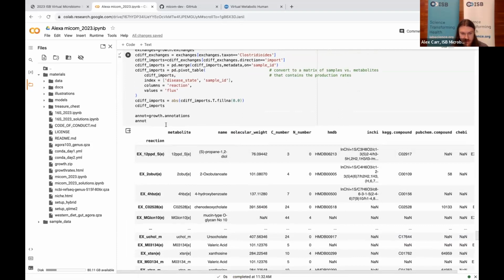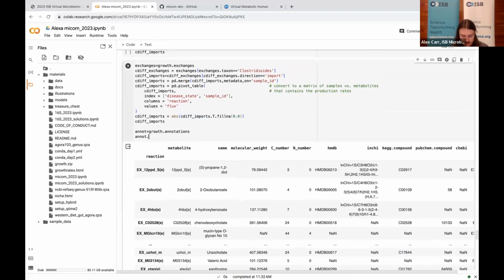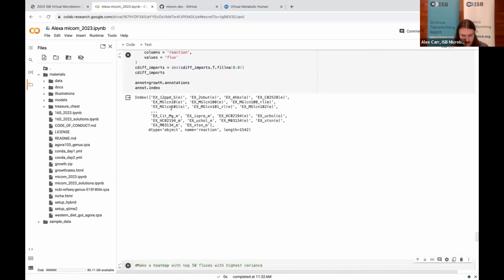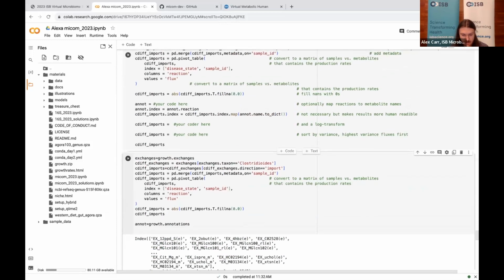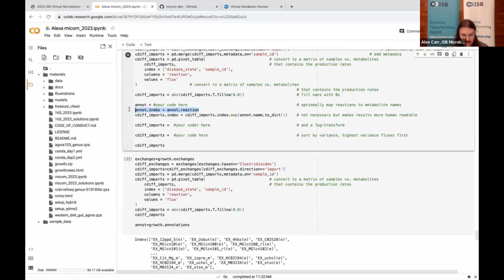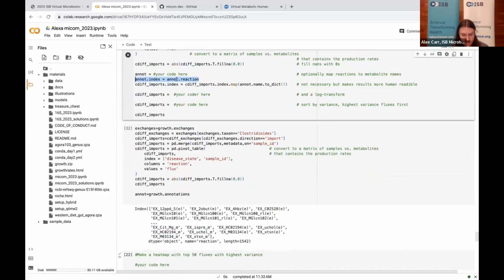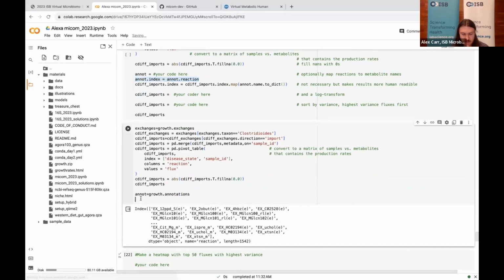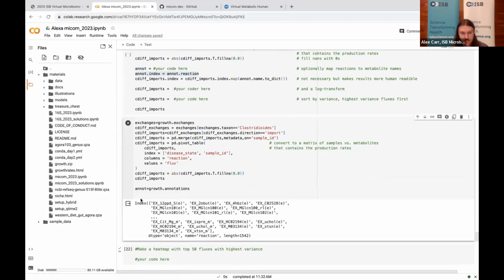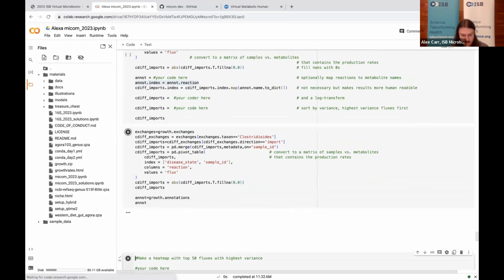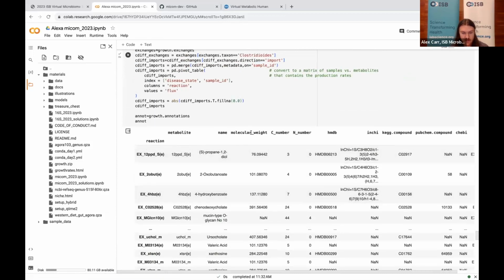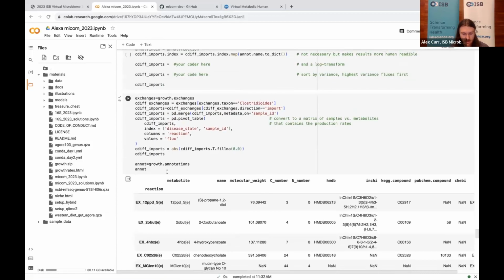But let's just confirm. Yep, index is already reaction, so we don't need to. You can see that that was true here. I think I did it up here just to be safe in case it wasn't, but it looks like that's not necessary. So now, if we want to map the annotations to our table, then what we'll want to do